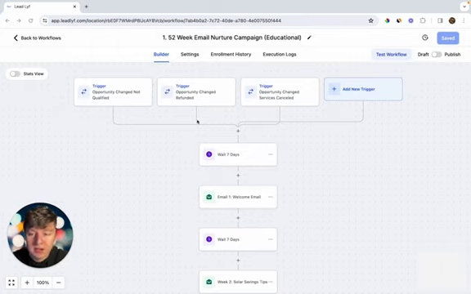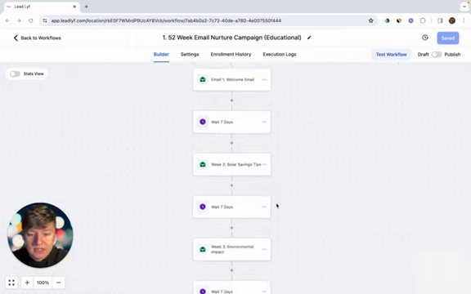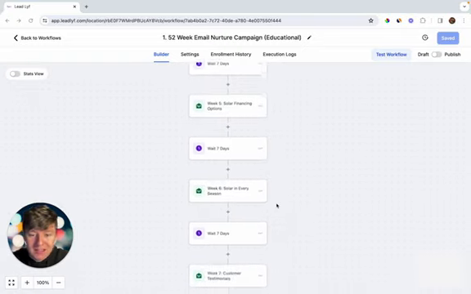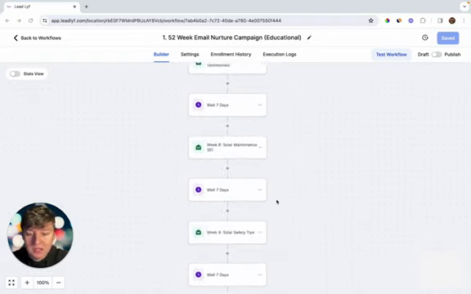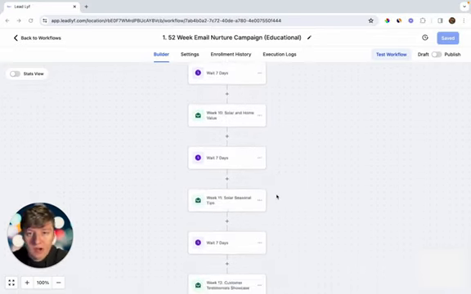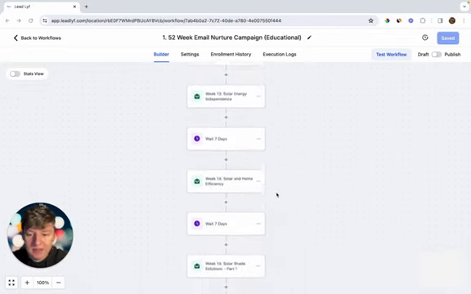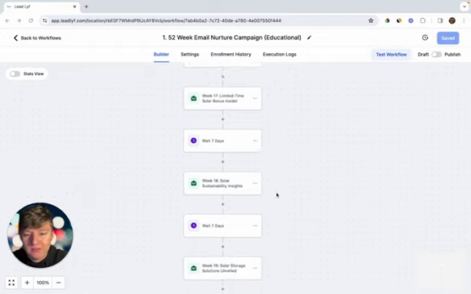So to trigger this campaign, you can do whatever you want. For this automation, what's going to trigger it is whenever a lead is moved in the pipeline to not qualified, refunded, or services canceled. So what this will do is basically after every 7 days, the lead will receive an email, and these emails will be educational emails, benefit emails, customer testimonial emails, FAQ emails, tips emails, exclusive offer emails, and so on. So having a campaign like this will help your client nurture a ton of leads into paying